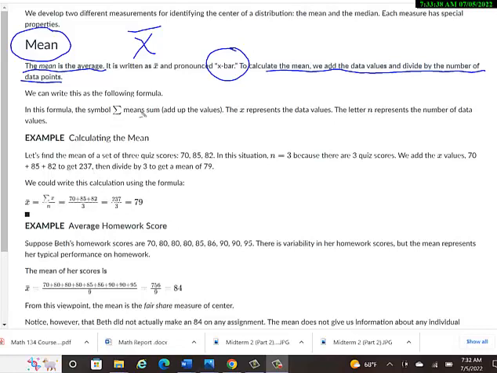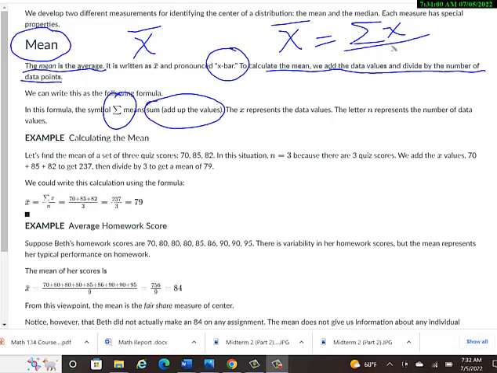I think that's one of the hardest things about any math class, including statistics: all the new symbols you have to remember. So, X bar, the mean, is the sum of all the X values. That symbol right there means sum, which means to add up the values. So you want to add up the values and then divide by the number of values. Just say n is the number of values. So this is the formula, just using symbols, but they're saying the average